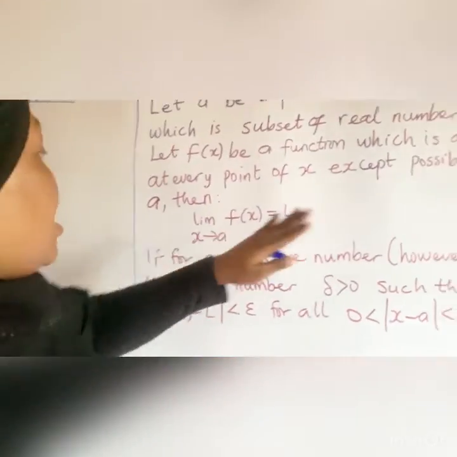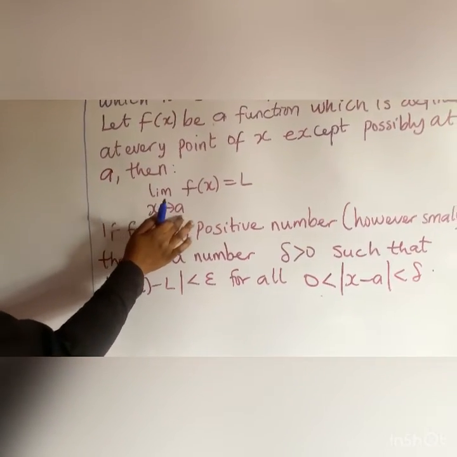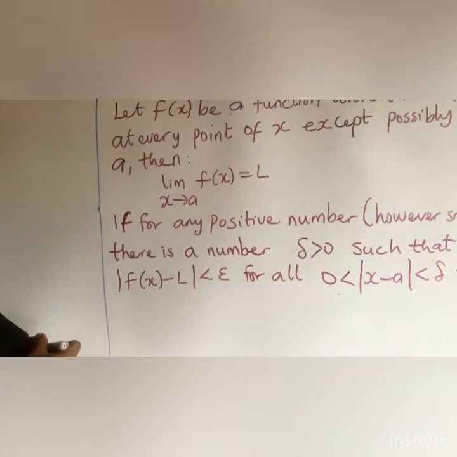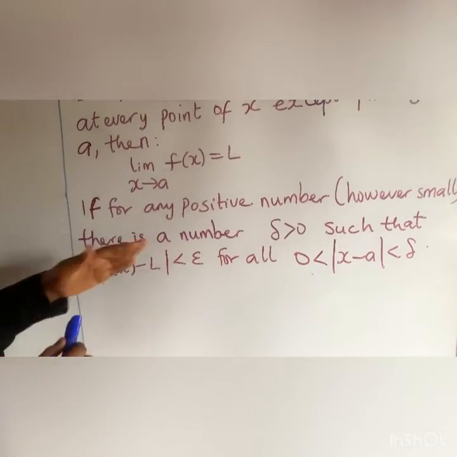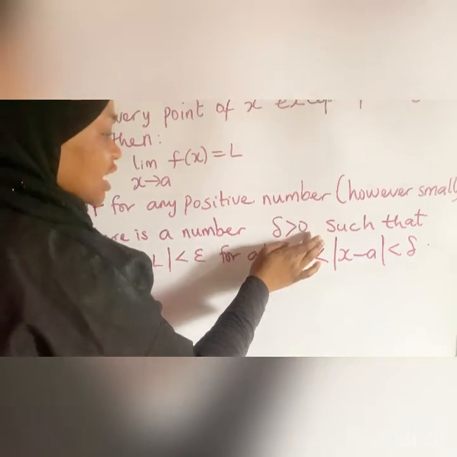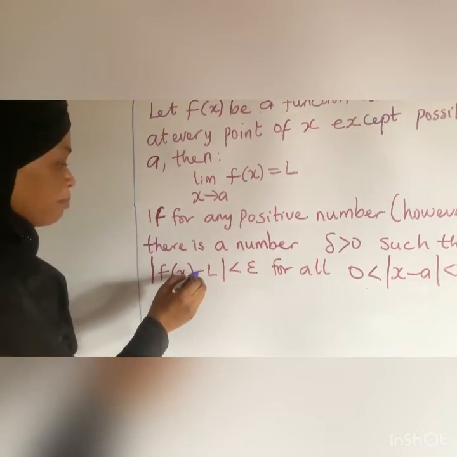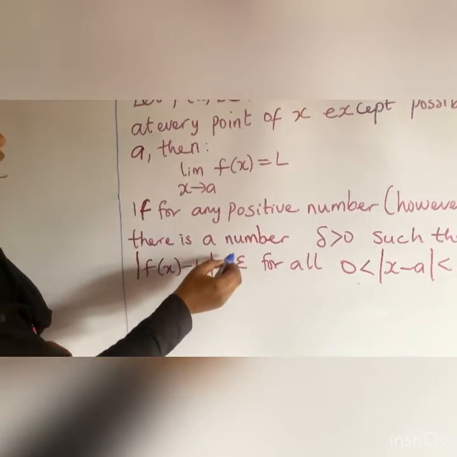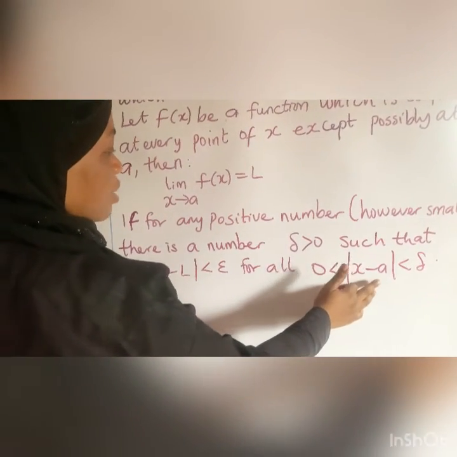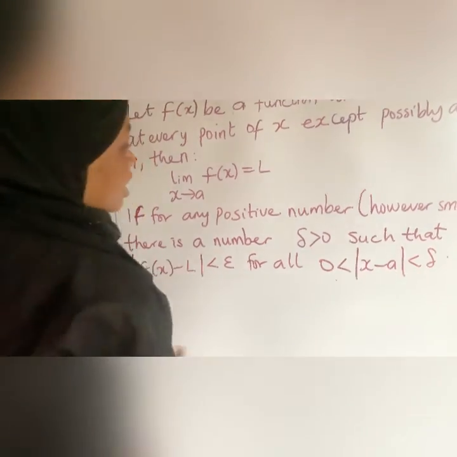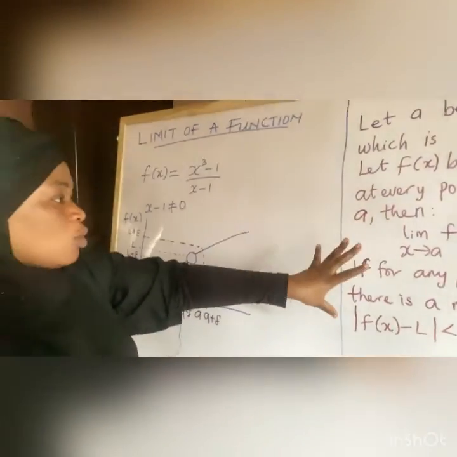Then the limit of f of x as x tends to A will be equal to L if for any positive number epsilon, however small, there is a number delta greater than 0, such that the absolute value of f of x minus L is less than epsilon for all 0 less than the absolute value of x minus A less than delta. So now we can define limits like this. If you want to define limits like